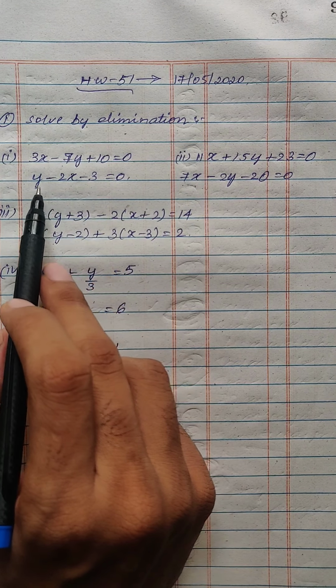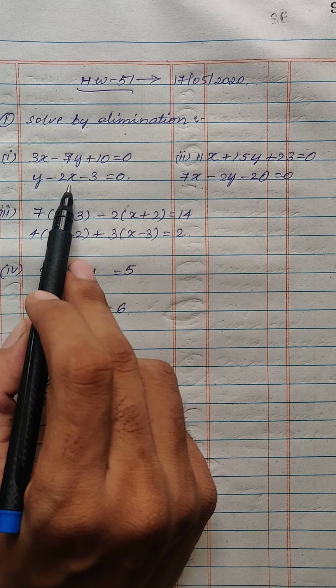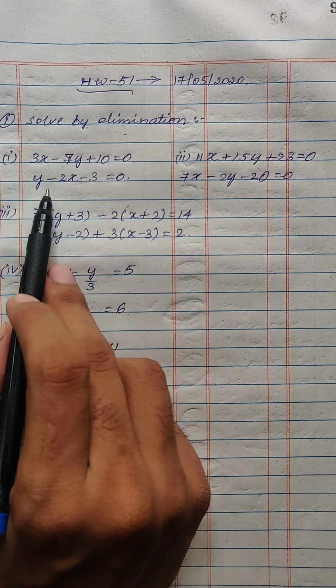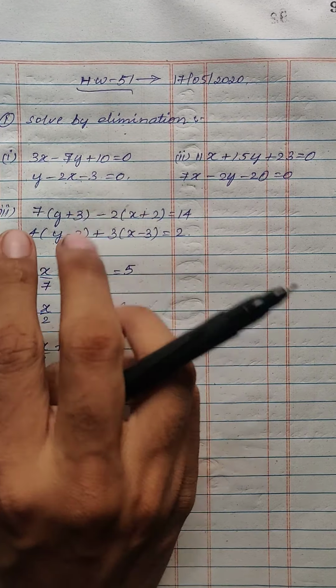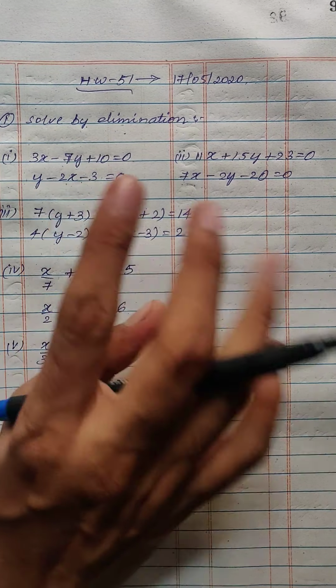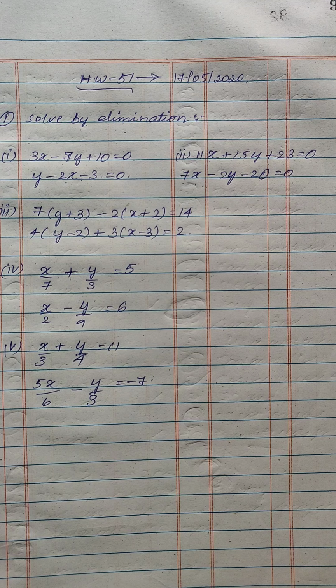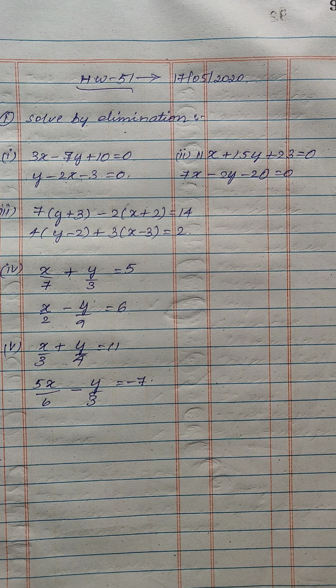Some questions they would have given in mismatched order. So you have to reorder it. So this will be minus 2x plus y minus 3. So at times we will be in a situation to reorder it. Then you know how to solve it. So these are the hints for the homework. Please try them out. We'll be checking the answers in tomorrow's class. Thank you.